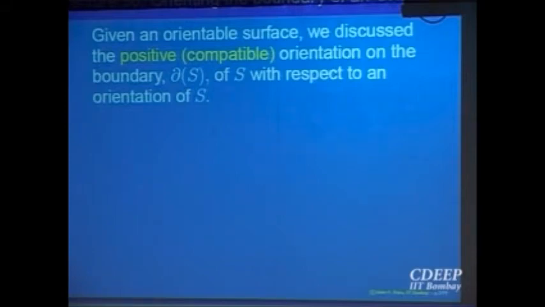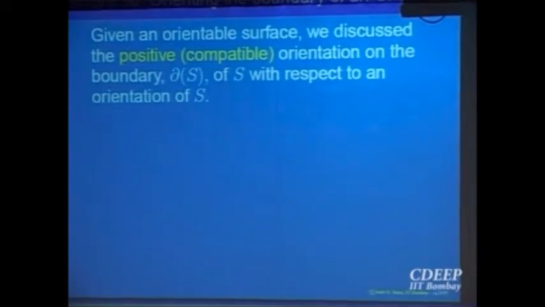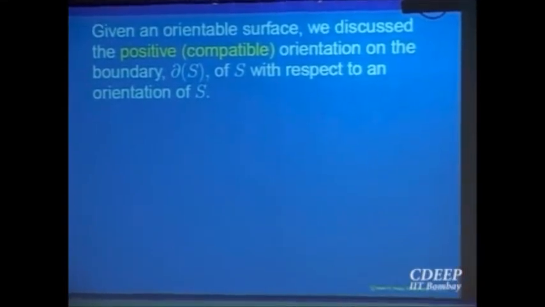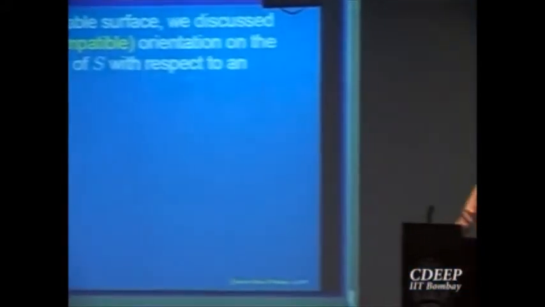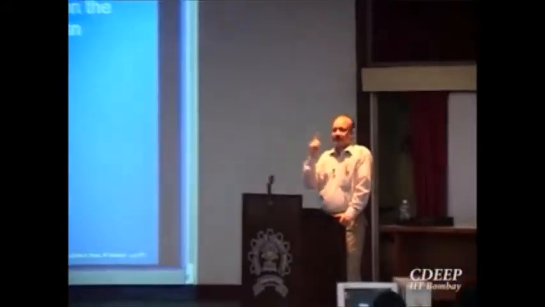For example, if you take a half sphere, a ball which is cut in half, the upper half of the sphere only, what would you like to call its boundary? That circle, right? The rim. But if you take it as a subset of R3 and try to calculate its boundary points, what are the boundary points? The whole surface is the boundary points. So that is not the boundary.